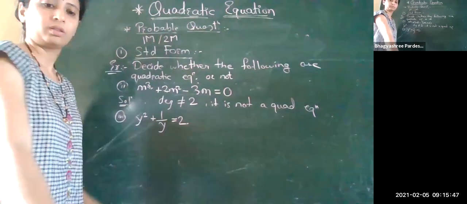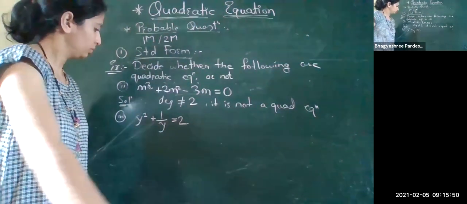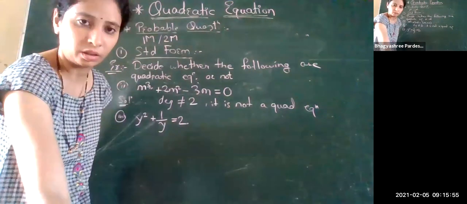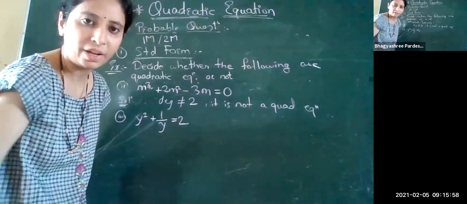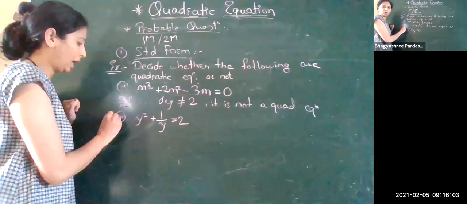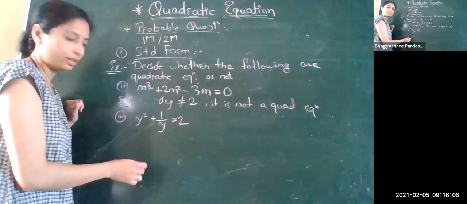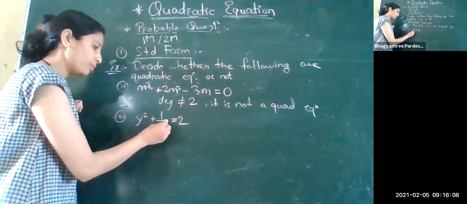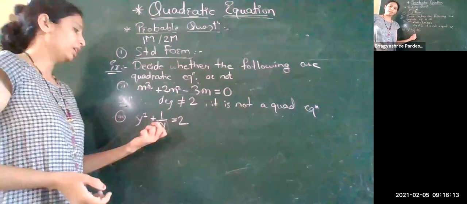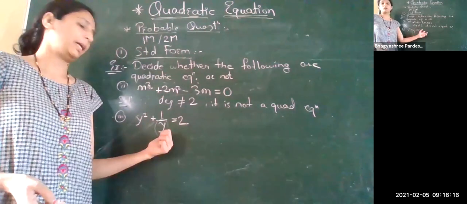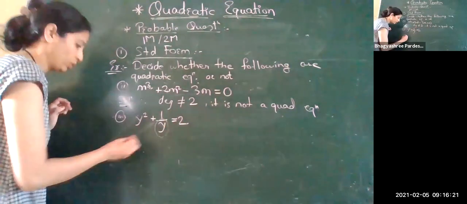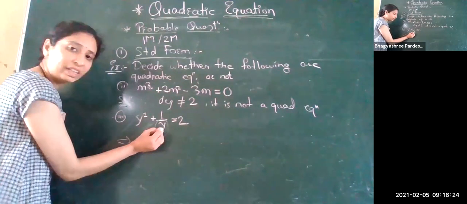Miss, this is not a quadratic equation, because here we will divide 1 by y. Okay, very good. So what is here, students? While writing the final answer on whether it is a quadratic or not, you must simplify it. And always remember that in the denominator there must not be a variable. If the denominator has a variable, then the given equation is not simplified. So first, let's simplify this one. So how to do this? We have to cancel this y from the denominator.